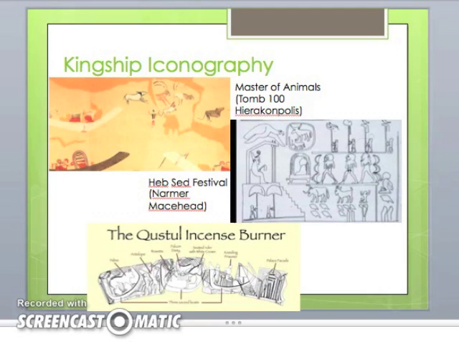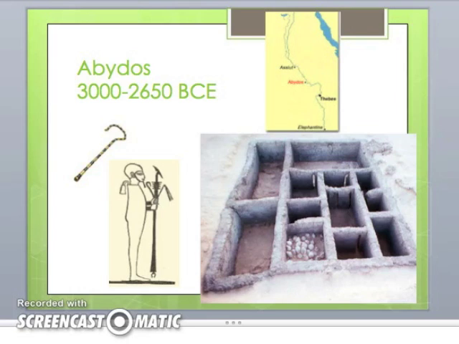And then finally we have an incense burner from much farther south, actually outside of Egypt entirely. It's from Nubia, that has some of these images on it as well, the Master of Animals and things like that. There's also a particular type of scepter. I just brought you back to the Abydos page so we could see the scepter here. It's called a Heka scepter, and it's Heqa. And this scepter is often held by or associated with kings in this early dynastic and even later dynastic period.